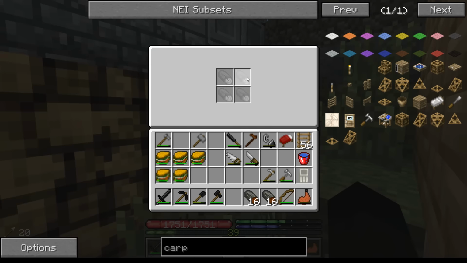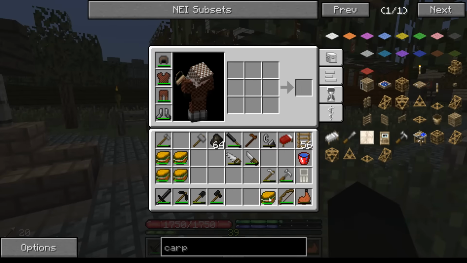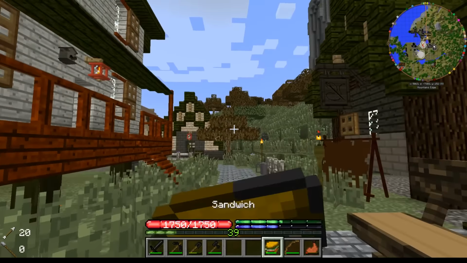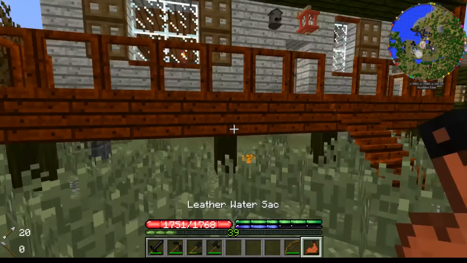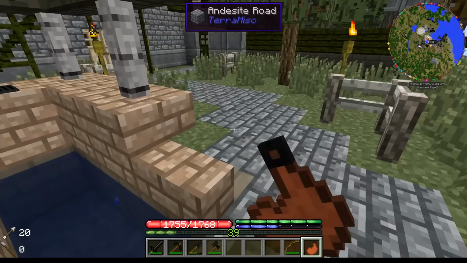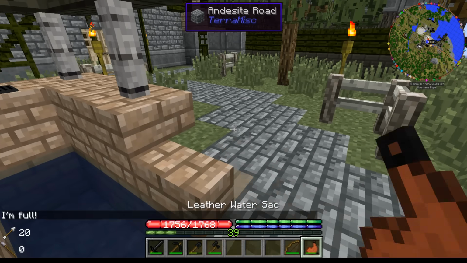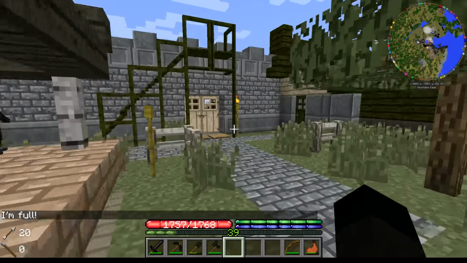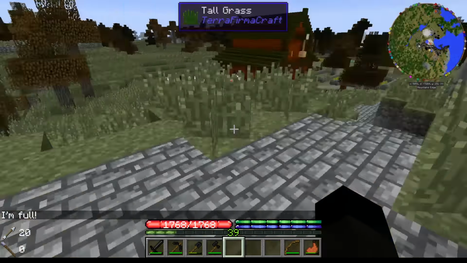So what does that mean for Terra Firmacraft? Well, at this stage I am trying to decide what to do. Yeah, always the good old trying to decide what to do malarkey. There are several options. Now, I started looking at Terra Firmacraft packs. Terra Firma Punk I've had a look at, and whilst it has got some great features, it really does not look like the kind of game that